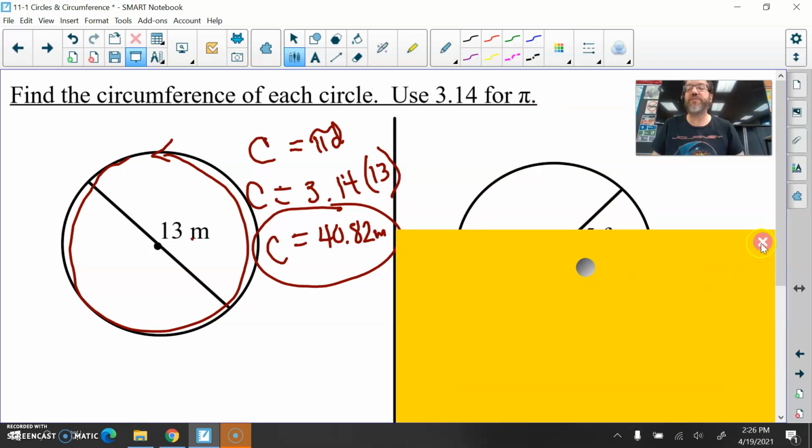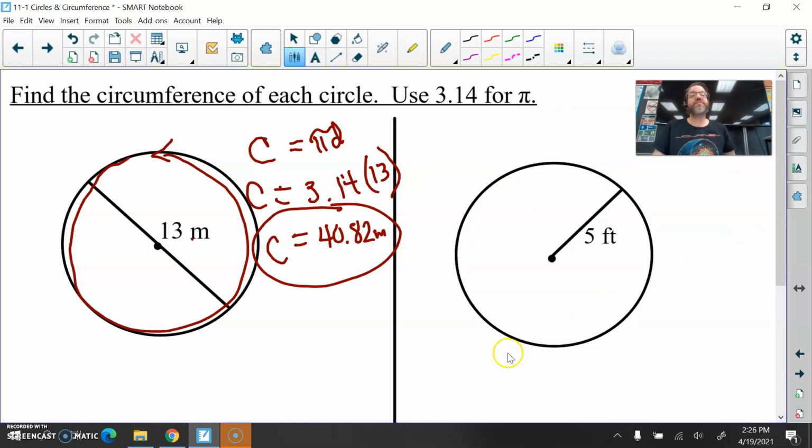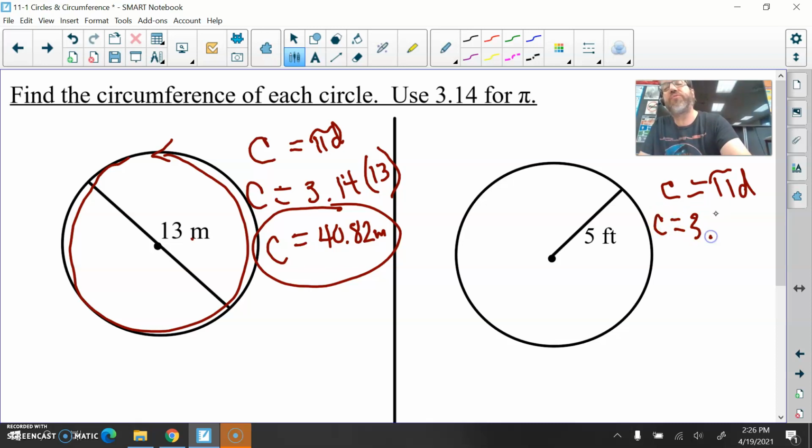All right, let's look at another example here. Find the circumference of this circle. So my first step is still the same. I'm going to write down my formula. C equals pi d. Circumference equals pi times diameter. So that means the circumference equals 3.14